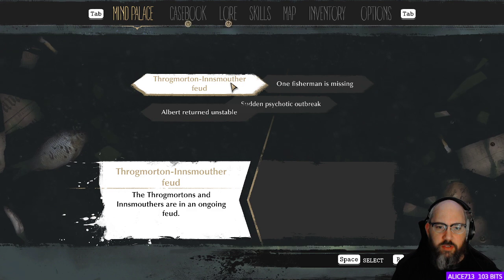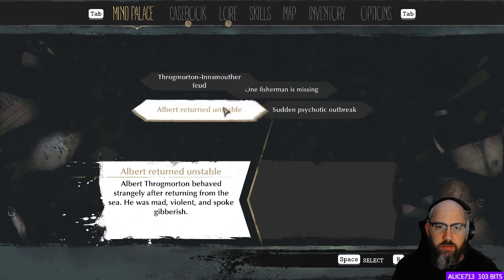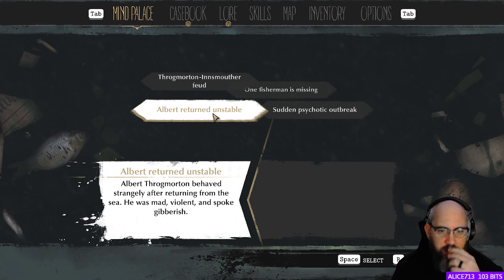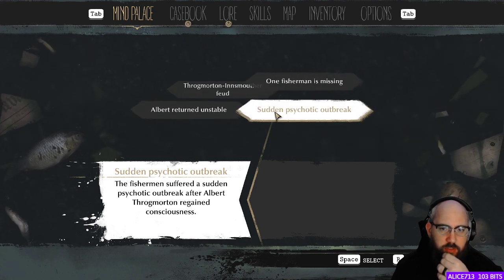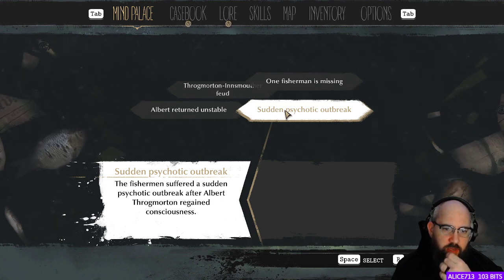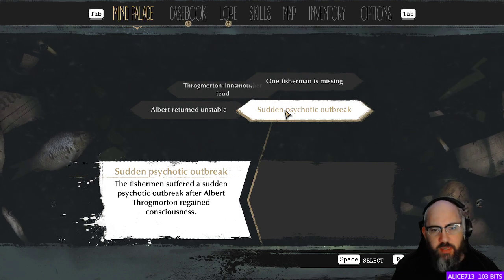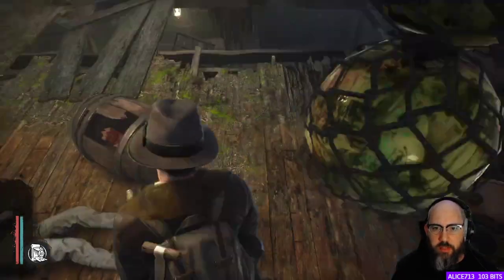Throgmortons and Innsmouthers are in an ongoing feud. There were 3 fishermen in the house when Albert woke up, but I only found 2 of them. Throgmorton behaved strangely after returning from the sea. He was mad, violent, and spoke gibberish. Fishermen suffered a sudden psychotic break after Albert Throgmorton gained consciousness. Nothing super useful yet, but